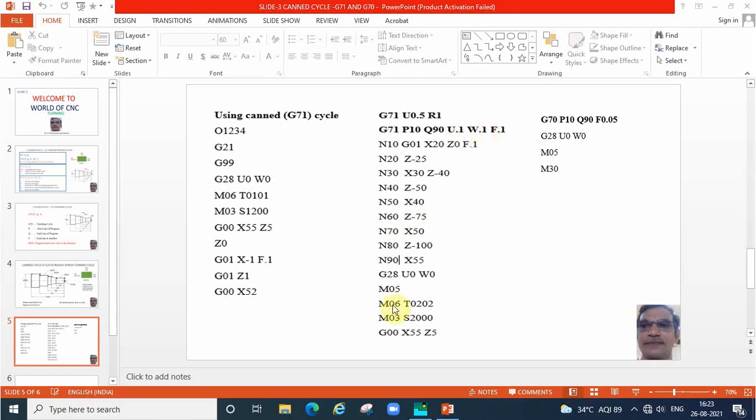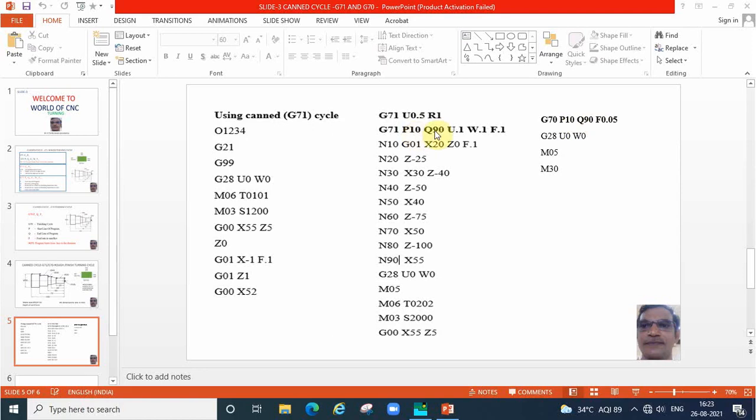For that we have to change one more tool by using M06 T0202. Once again switch on the spindle with 2000 RPM. Once again bring back the cutter to position at X55 and Z5. And then simply write the syntax for the finishing cycle, G70 PQF, P10 Q90.